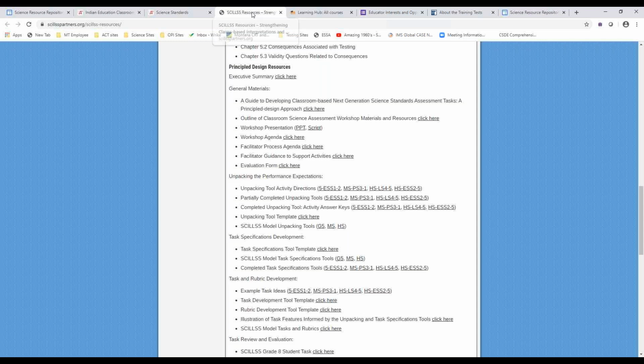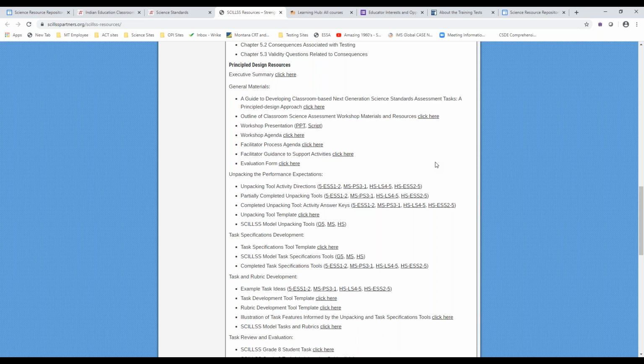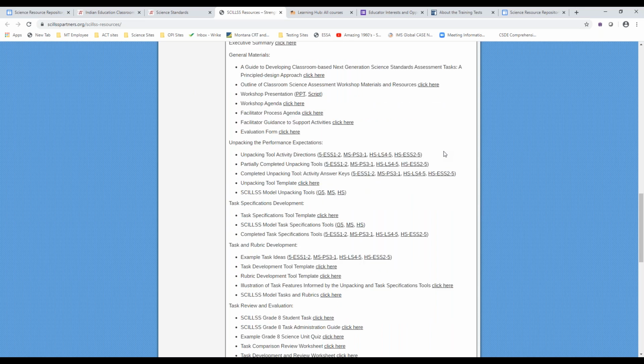And then the one resource that you might not be as familiar with, we are part of 3 states working together in a project referred to as Skills. They have put together a toolkit. Some Montana teachers participated in this principled design approach to teaching and assessing. The Skills folks have put together lessons for the PEs that you see listed here, and this is their toolkit. There's a lot of information here, but a lot of great ideas about how to incorporate 3D